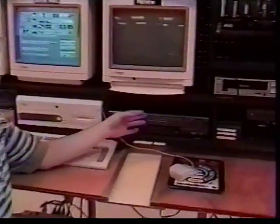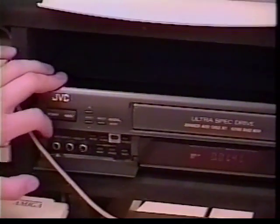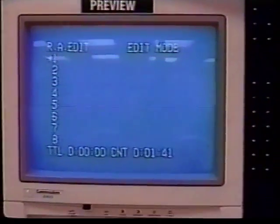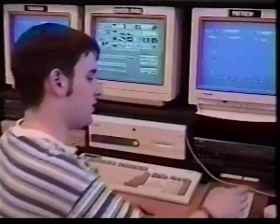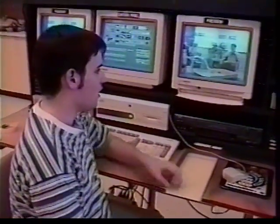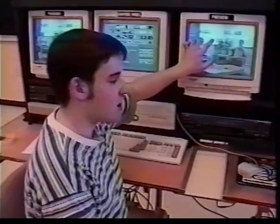Once again, remember to have your source video in this VHS, Super VHS VCR, and have the video recording onto this VCR right here. What you're going to do is press Menu on here. We want to select RA Edit. And what we're going to do is play this video, and when we have the spot where we want our first clip to start at, we press